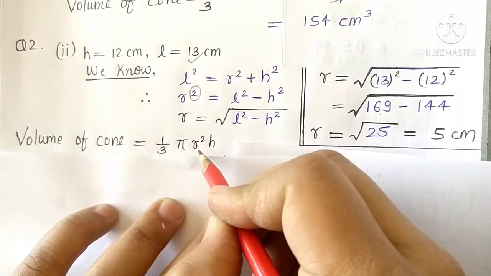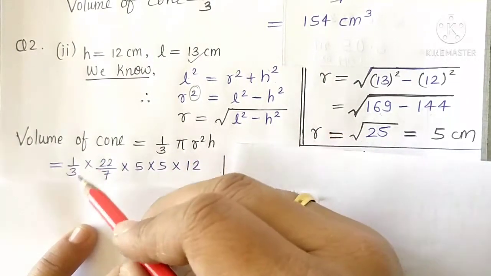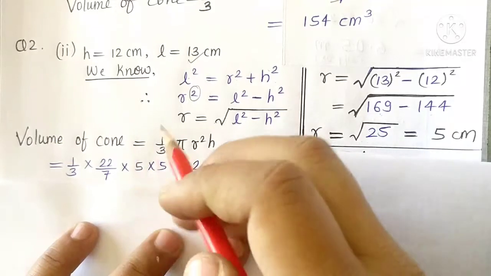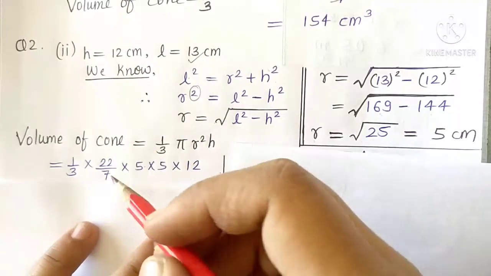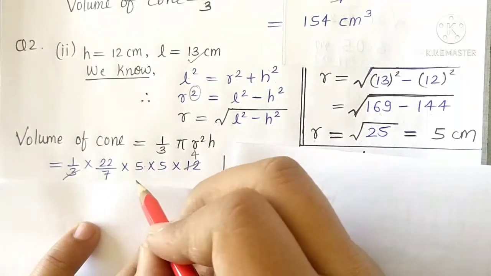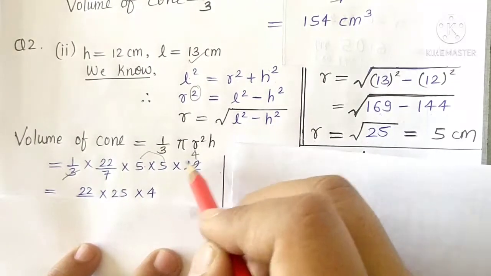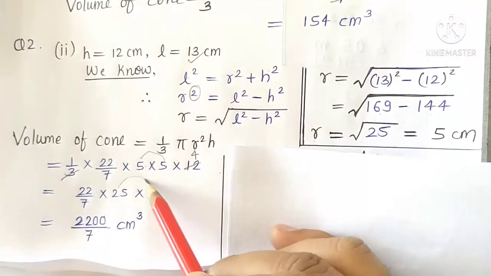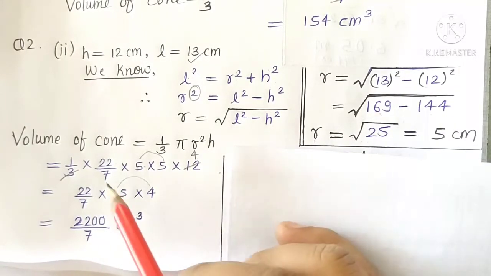Now once we get the radius, we can easily find out the volume of the cone, because in the volume of the cone R square was there. That's why we have found out this R. Now 1 upon 3 pi R square H is the volume of a cone, so we can put the value: 1 upon 3, pi value 22 upon 7, and R, not given, but we have found out, 5 centimeters. So 5 into 5, that is R square. Then H is given already, 12, so we can put 12. Now we can cut here. See, 3 4s are 12, and here we can't cut more, so we can multiply all of them. So 22 multiplied by 5 into 5, that is 25, multiplied by 4 upon 7. If you multiply 25 into 4, it becomes 100. So 100 multiplied by 22, it comes 2200 upon 7 centimeter cube. This is the volume of the cone.